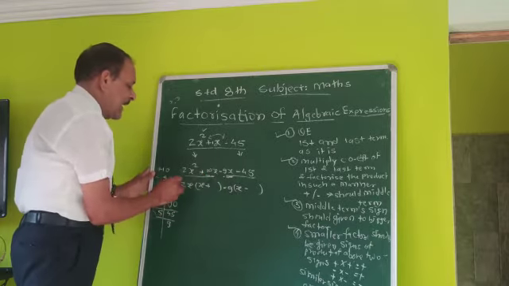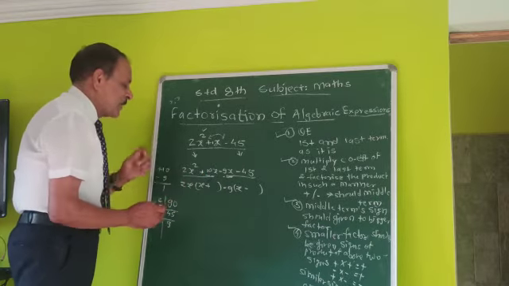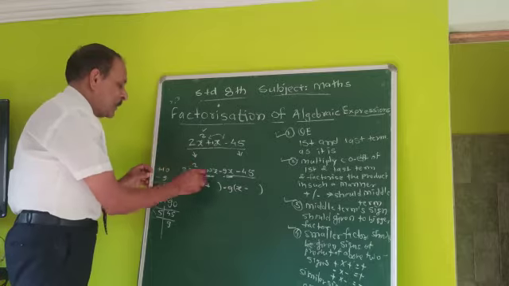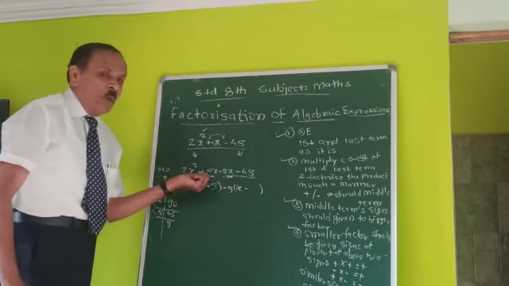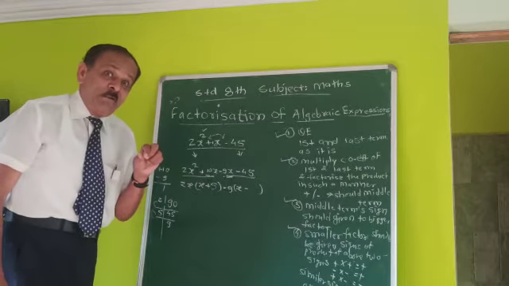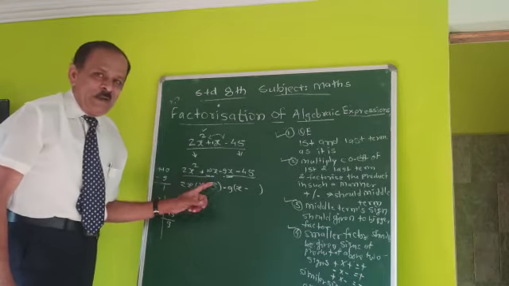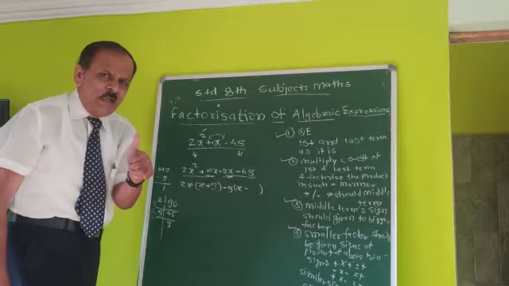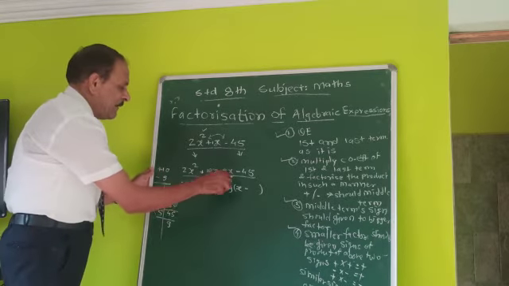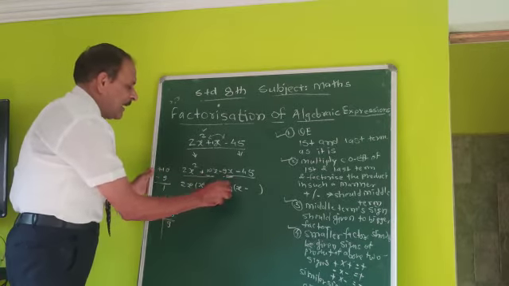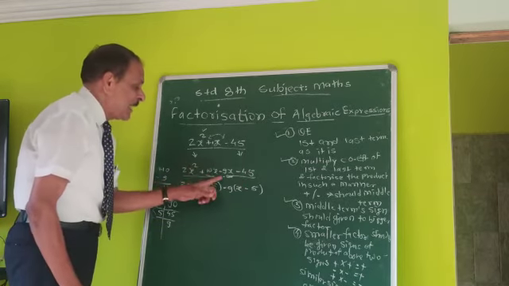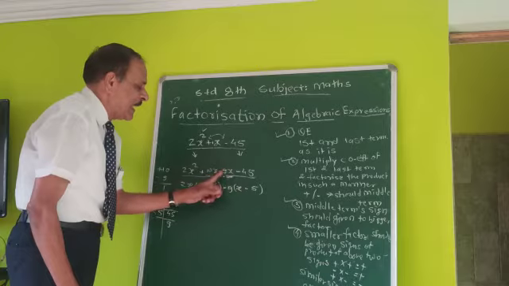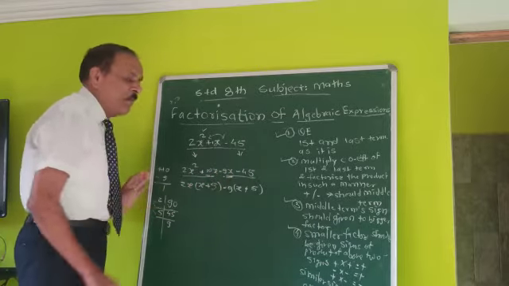Here we have committed a small mistake. 2 ones are 2, 2 fives are 10. Means 10 should be divided by 2, and whatever answer we get, we write there only. Okay, Tanish, Nipun, did you understand it? Yes, sir. 9 ones are 9 and 9 fives are 45. But what sign should be there? Minus, minus, similar signs. So here it will be plus.